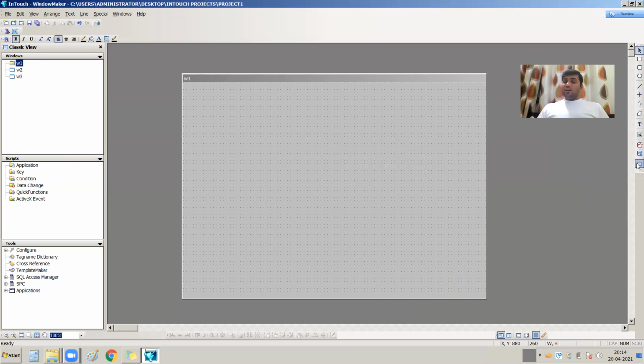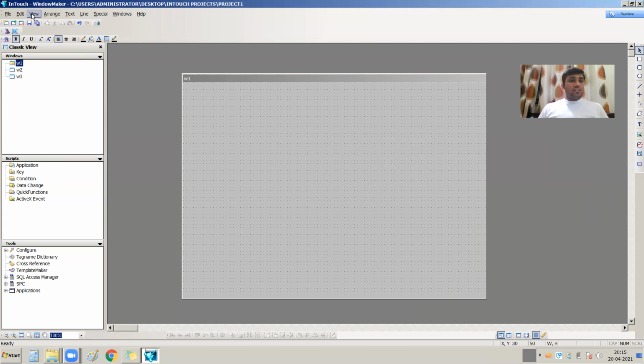These are the frequently used tools available while developing your project. If you want to add a button, you can easily drag and drop that button to your window. So these are the frequently used tools displayed over here.